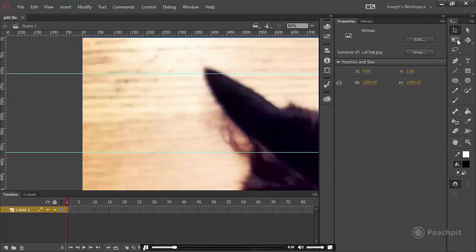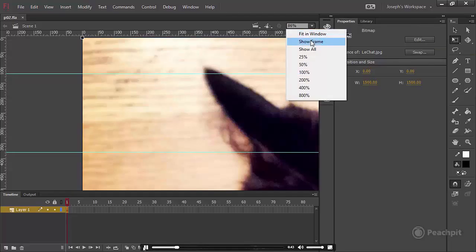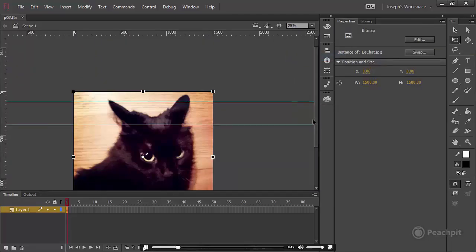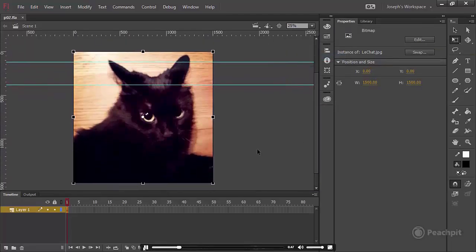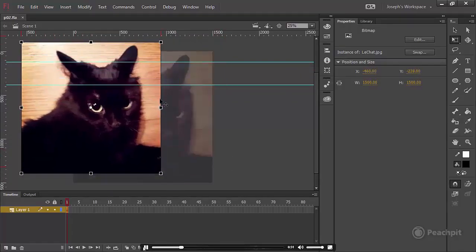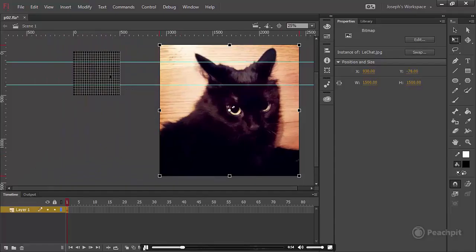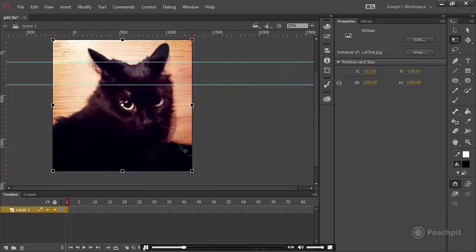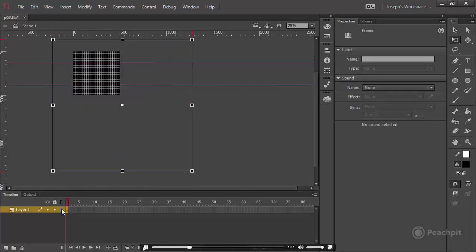I'm going to use my free transform tool right here. I'll select that, and let's, instead of fit in window, go way down to 25%. Okay, so we can't really see our stage through here because we've got this cat image. If we move him, of course, we can see the stage, and the image is much bigger than the stage. So how do we know that we're sizing this appropriately with our free transform tool? Well, what we can do is click this little outline mode right here on the particular layer,